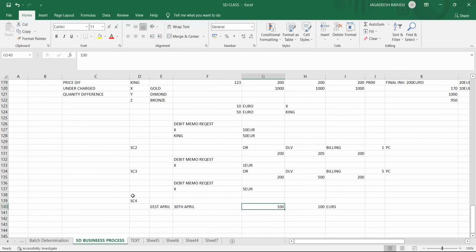Or else you can say like one piece, 1 euro. Okay. So this is done 1st to 30th April. Okay. So they came to know that their financial year started. Then they have increased this to some 3 euros because of your product demand. Suddenly they raised the price from May 1st to